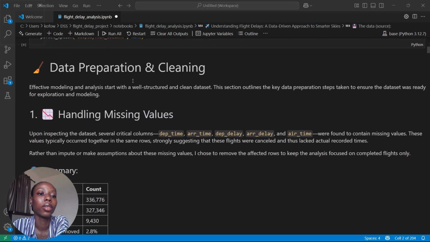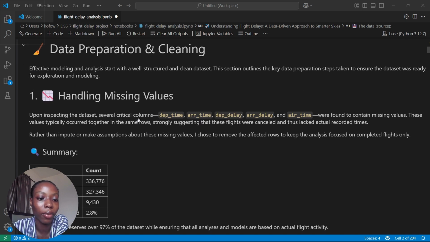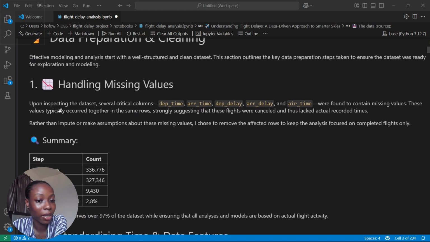So for data preparation and cleaning, effective modeling and analysis starts with well structured and clean data sets. This section covers the key preparation steps taken to ensure the data sets were ready for exploration and modeling. So the first thing I did was to handle the missing values. Upon inspecting the data set, I saw that features like departure time, arrival time, departure delay, arrival delay, and airtime